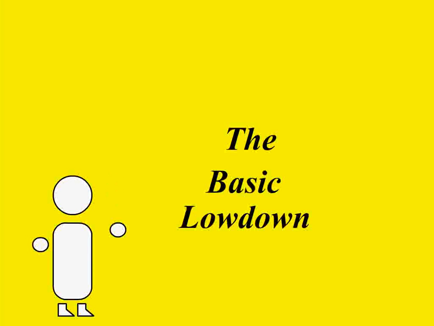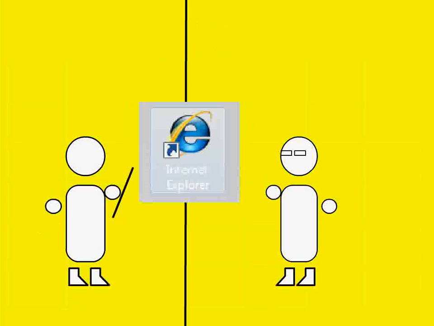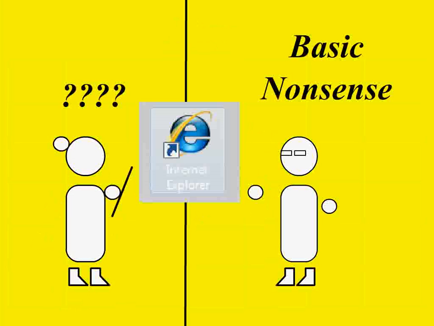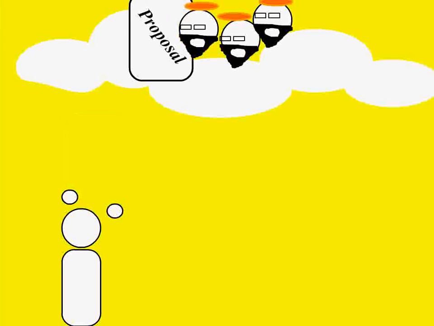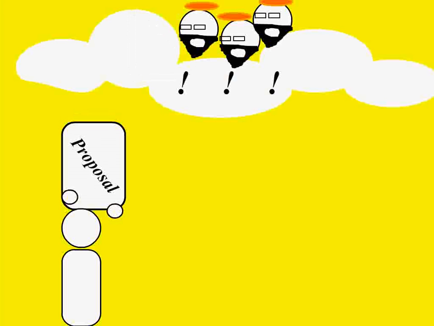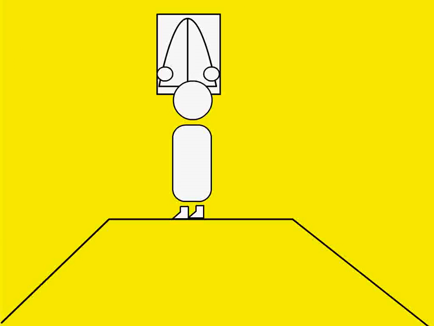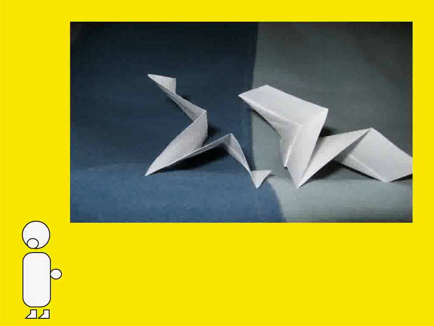Alright, so let me give you the basic lowdown on the gist of this project. May 25th, I sent in my project proposal via email and got back a rather confused note, basically saying that my proposal didn't make much sense. After sending the incoherent proposal to the gods of statistics, I got back a perfect model, of which I followed like the 10 Commandments. I wanted to find out if folding up the wingtips will actually make a plane glide